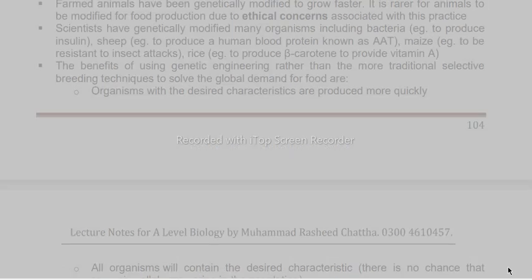Farmed animals have been genetically modified to grow faster. It is rarer for animals to be modified for food production due to ethical concerns associated with this practice. Scientists have genetically modified many organisms, including bacteria, for example, to produce insulin, sheep, for example, to produce a human blood protein known as AAT, maize, for example, to be resistant to insect attacks, rice, for example, to produce carotene